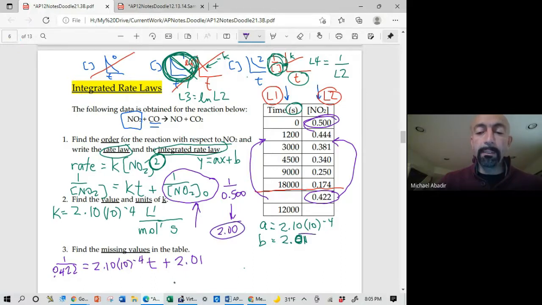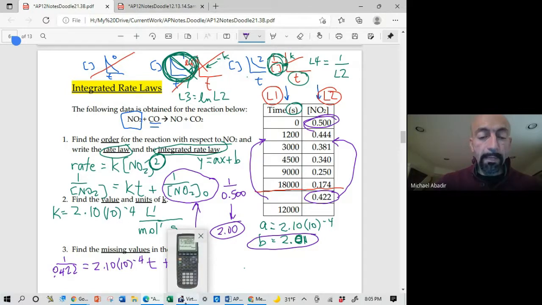And look at what we got with the calculator, 2.01. So it's very close. So that's another little cool thing. You can see that the initial concentration is related to the intercept of your straight line graph. Okay, so if you're going to do this all out on your calculator, let's do the math for this and